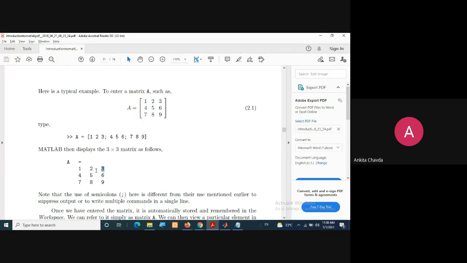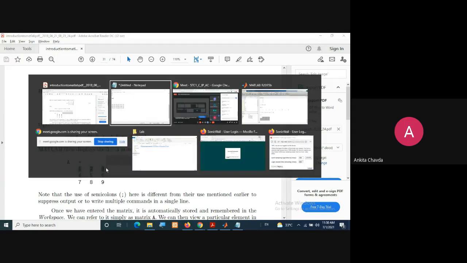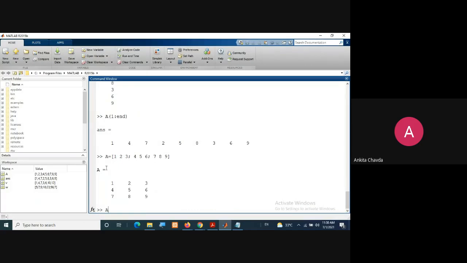I just need to check that in the first row, it is the third column, right? This element 3 is at the first row and third column. So what you need to write is very simple: A of, first you write the row, then the column. So you write first row, third column, and you will get that element, very easy.